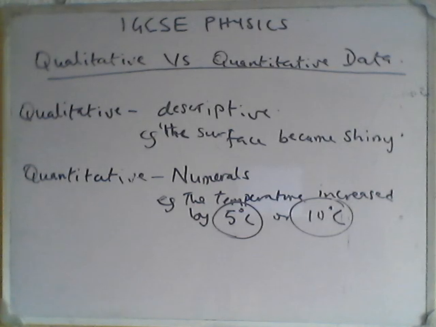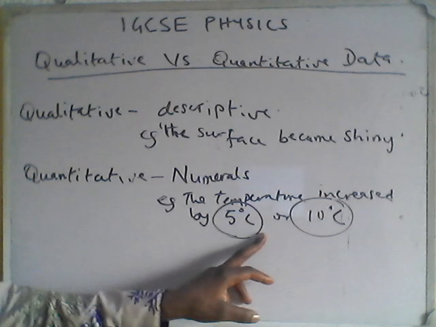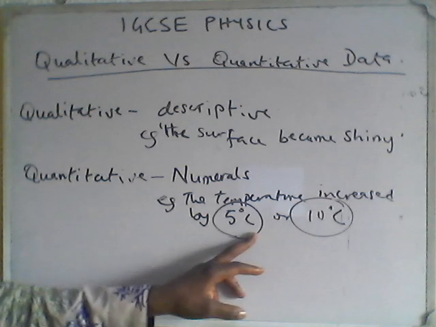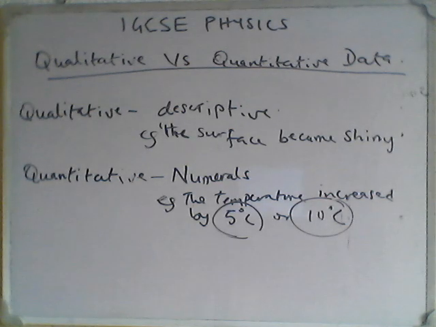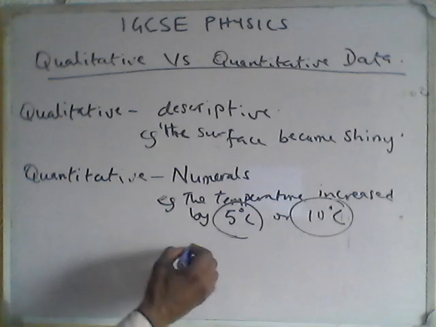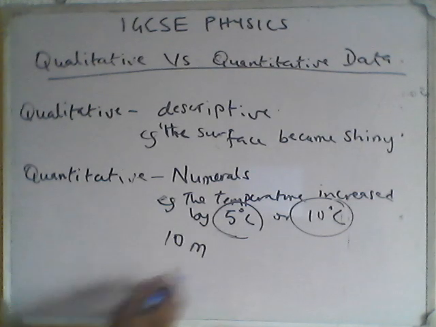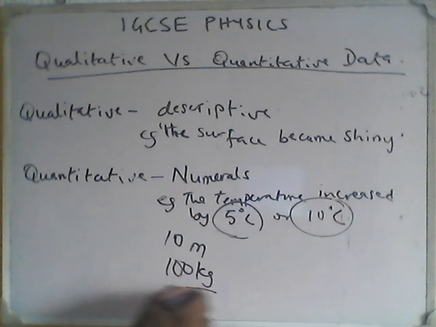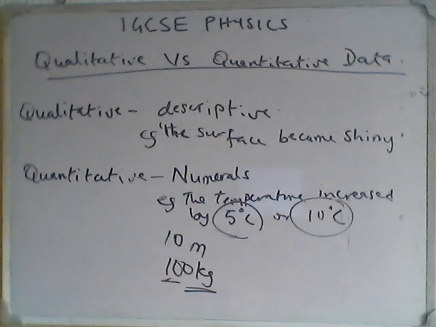And I want to advise that you need to also be very good in units, fundamental units or derived units. So in physics, you don't just put numbers, you have to put units. If you are putting distance, for instance, you are putting meters, 10 meters, for instance. If you are putting mass, for instance, you are putting 100 kg. So this also goes with what you are describing in a numerical sense.